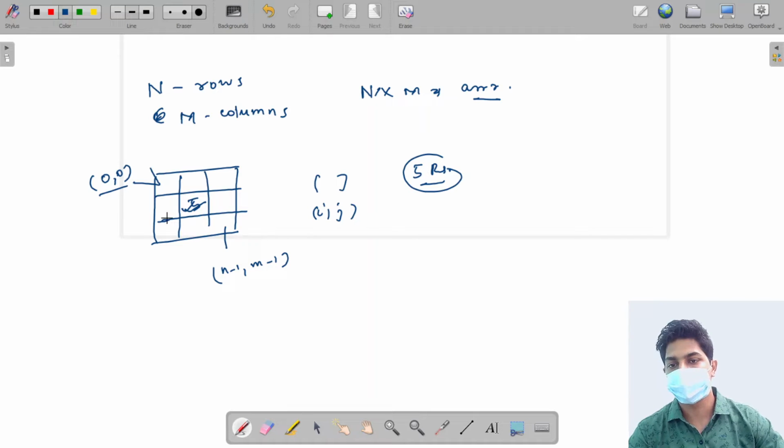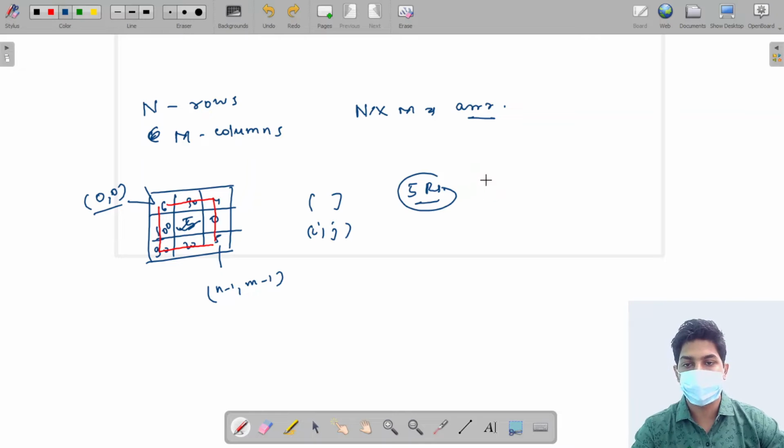Suppose every cell has some value associated with it, like 100, 220, 30, 4, 0, 5, 96. There can be multiple paths we can choose.